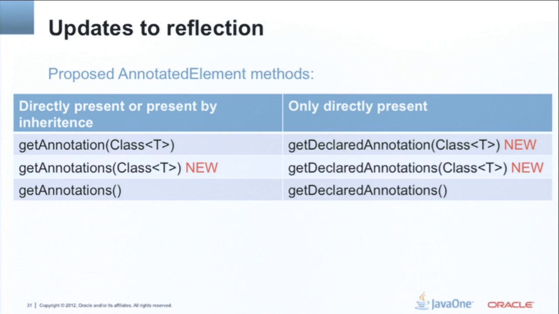And the other 2, the middle line, those are added because they are interesting when you have repeating annotations. And those are the ones that we think you should be using when looking at annotations, because this takes repeating annotations into consideration and will give you